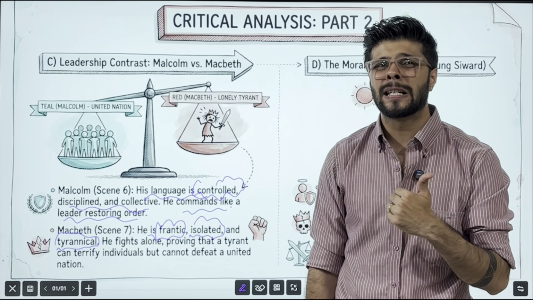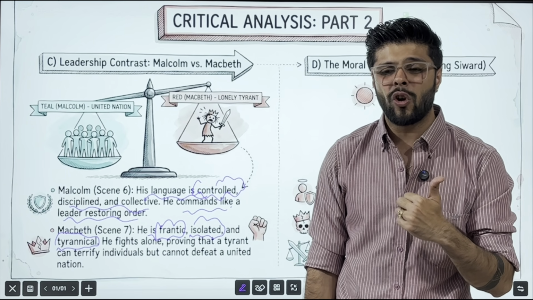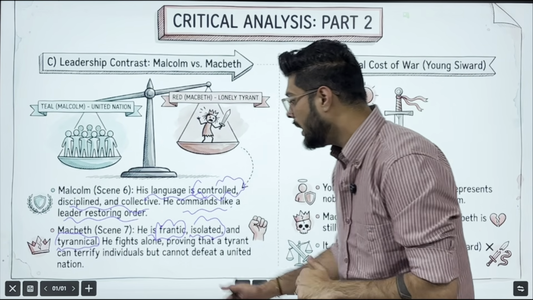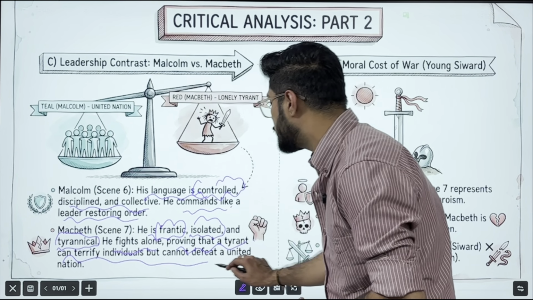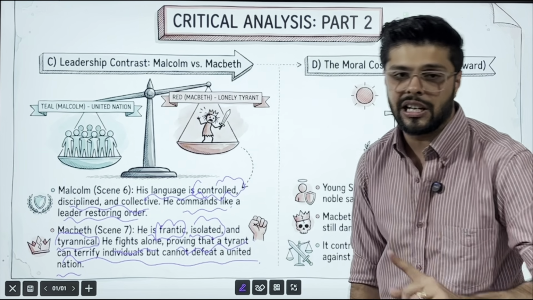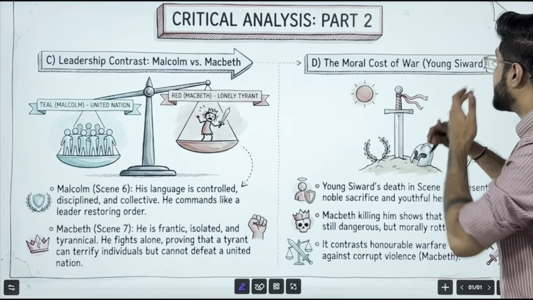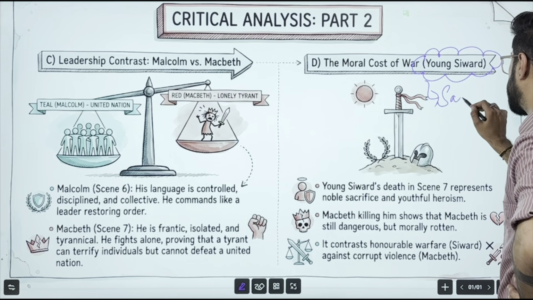tyrant who has stooped into criminality to such an extent that it is not just affecting him but the entire country altogether. Okay, so he fights alone, proving that a tyrant can terrify an individual but cannot defeat a united nation at the same time. And the moral cost of war is basically young Siward, who has been sacrificed